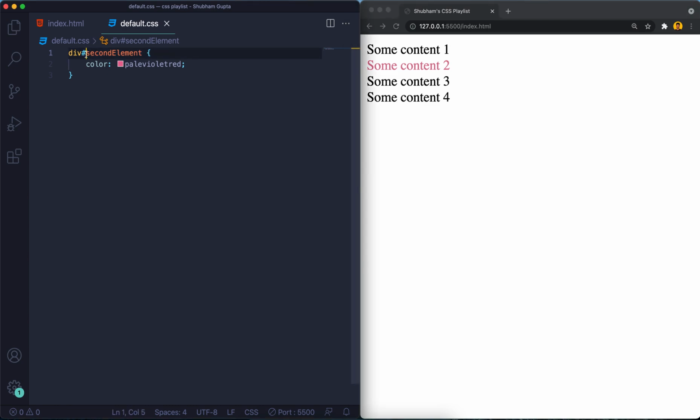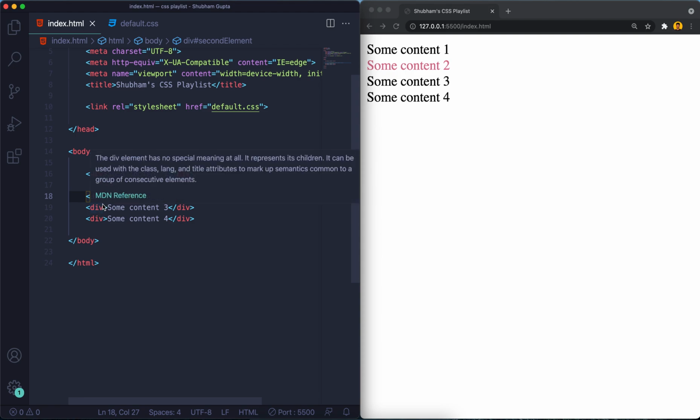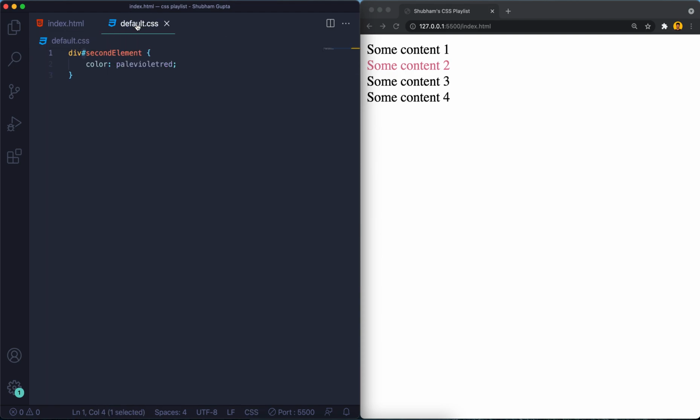So we can use the hash operator for the divs, and we need to give the ID over here. When you have already provided this ID, you can now avoid this div selector also. An ID we give once to a tag within the document.